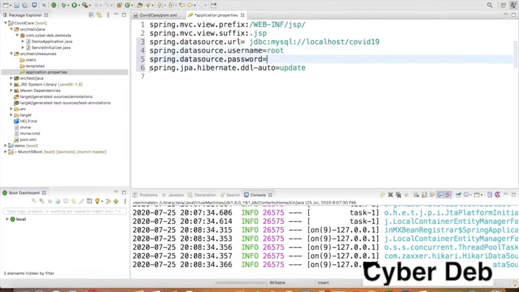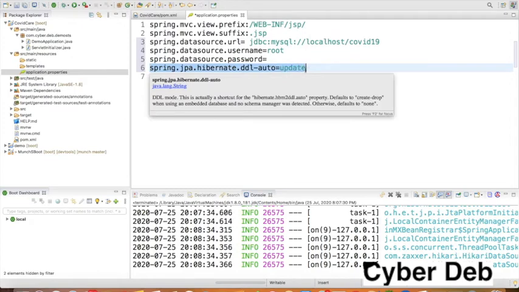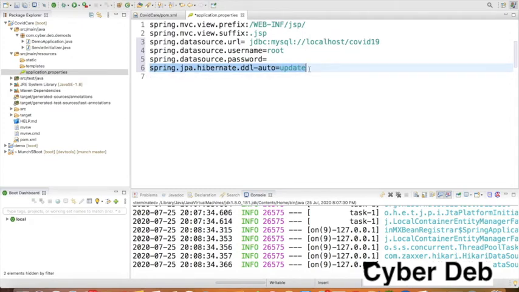Then this one is going to be very important, because we are going to use JPA, Spring Data JPA. That is going to create our table, and if we do any updation or insertion, that can also be taken care of by this line. Automatically the table will be created once we start the application.